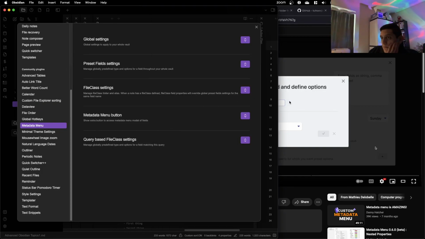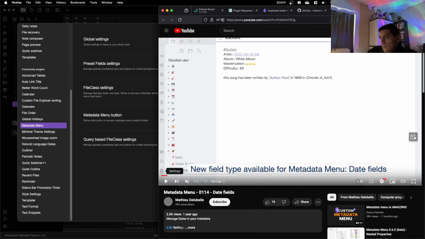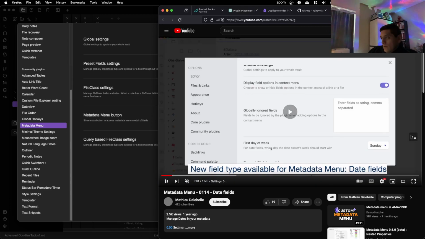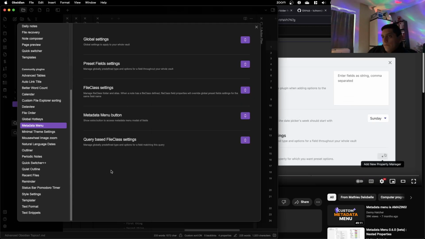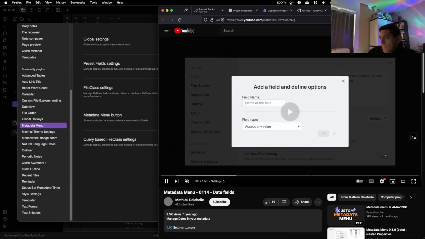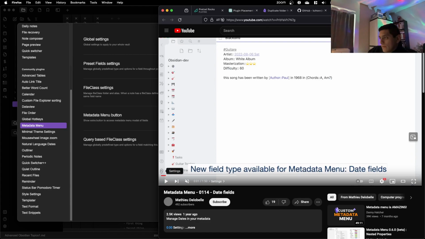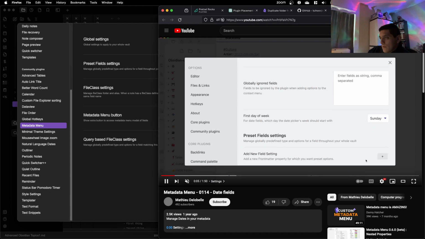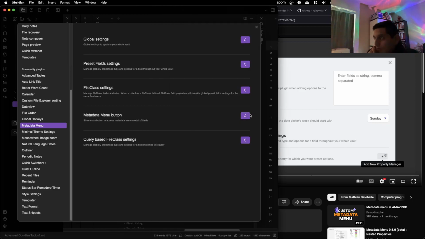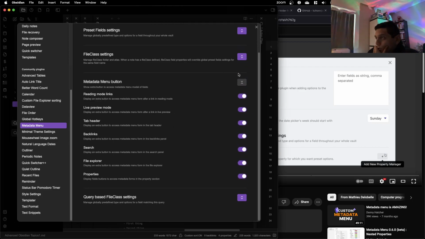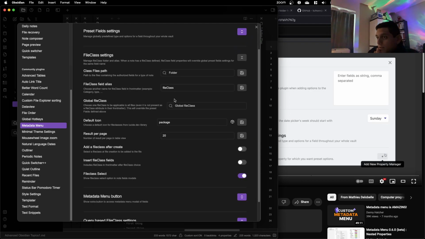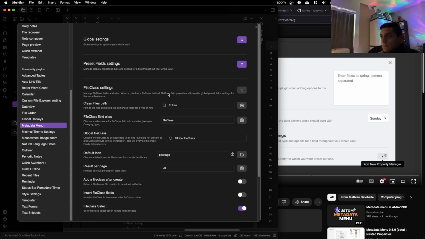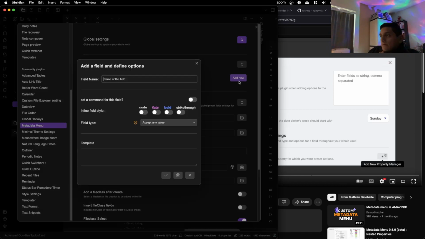Field name. New field type date fields. Add new field setting. Is this the same? Field class settings, global file select, preset, add a new, is this it?